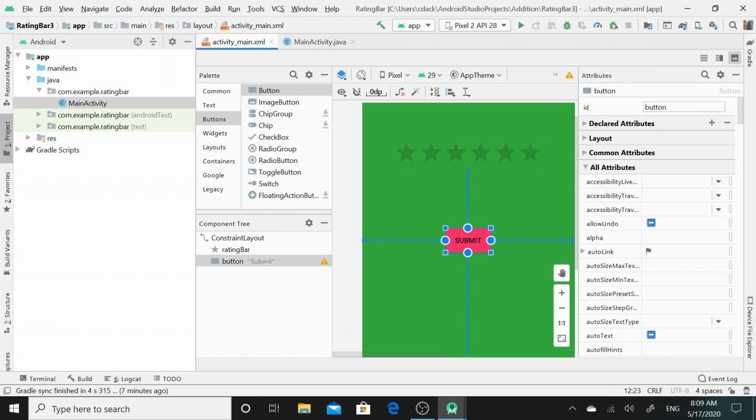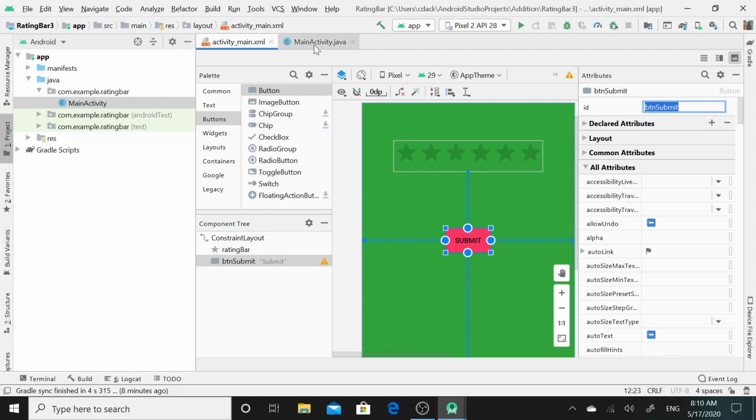Here the ID is button, that I will change. So here btn_submit has been set as the ID of the button UI widget.